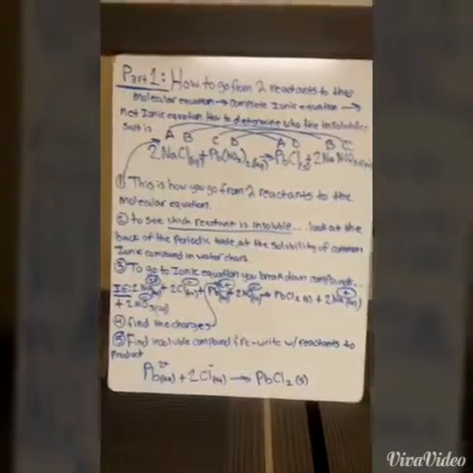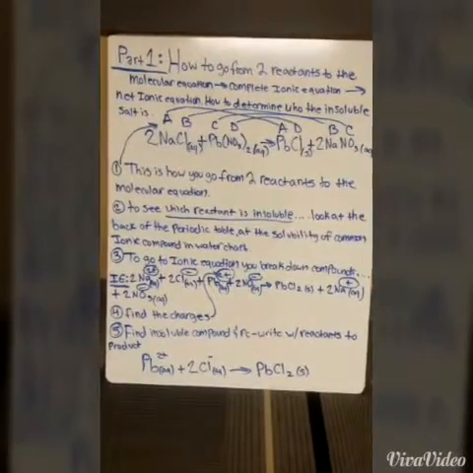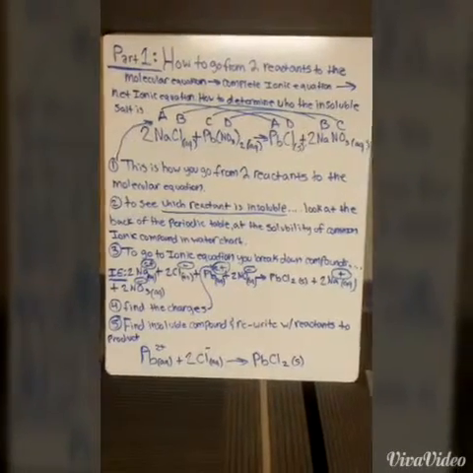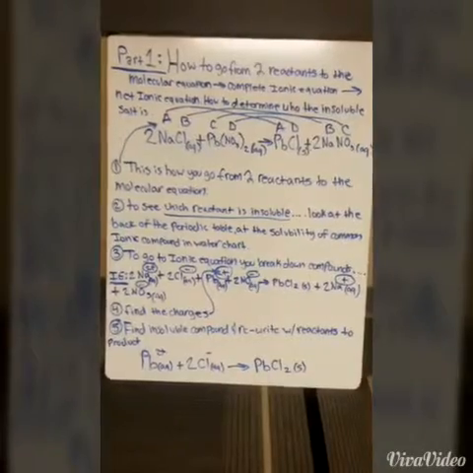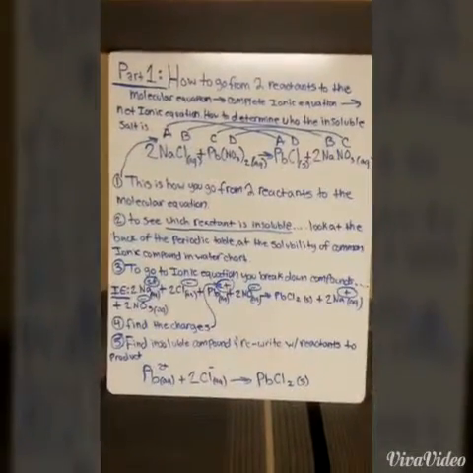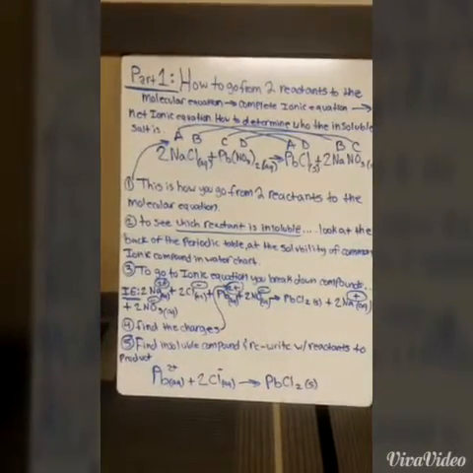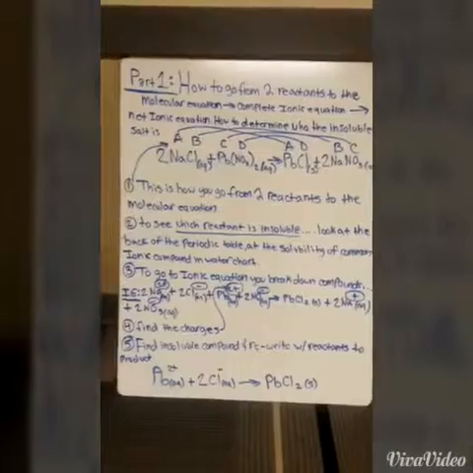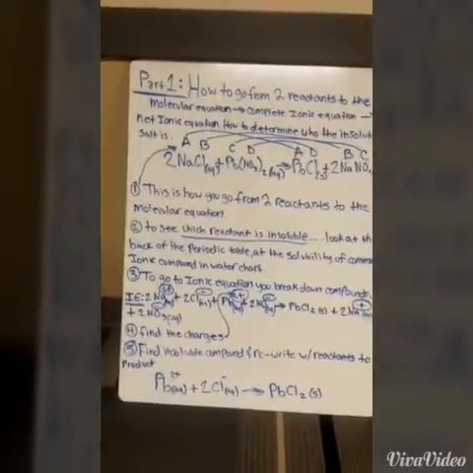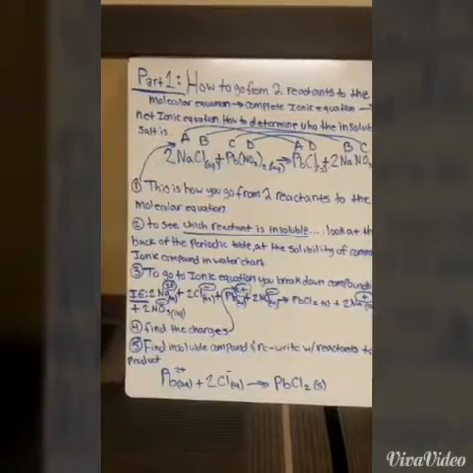To see which reactant is insoluble, look at the back of the periodic table at the solubility of common ionic compounds in water chart, where it says AQ, it's soluble, S insoluble. To go to your ionic equation, you break down the compounds and find the charges. So you break down, so it's 2Na plus Cl, and so on. And charges 2, and then find for the net